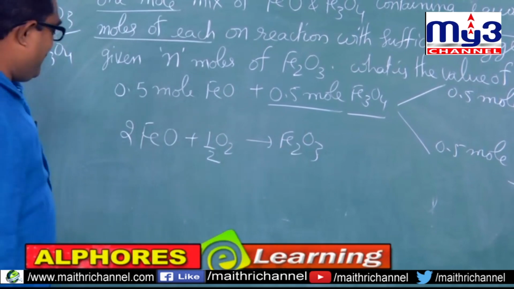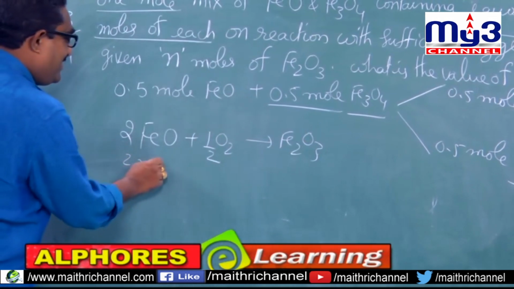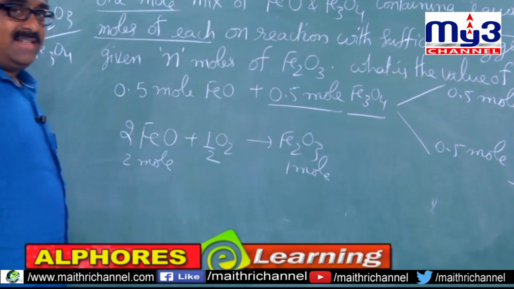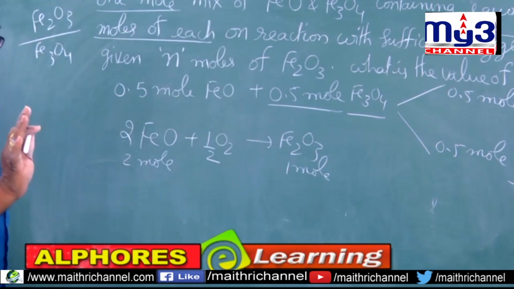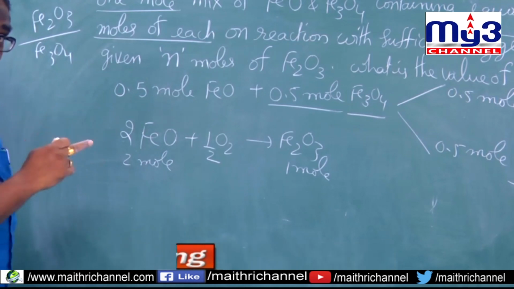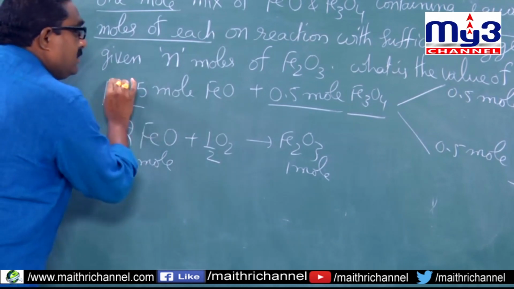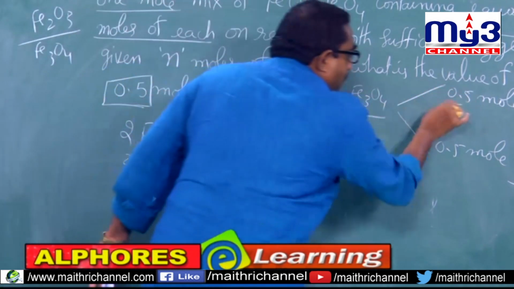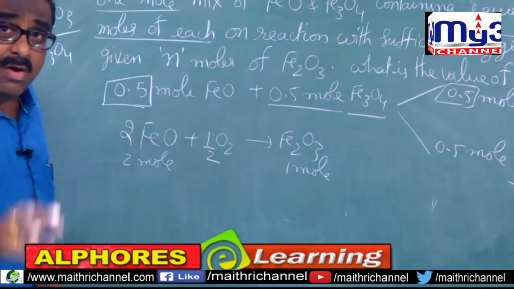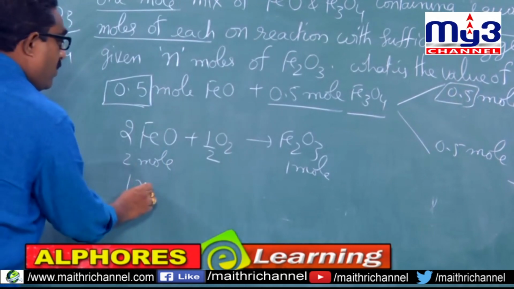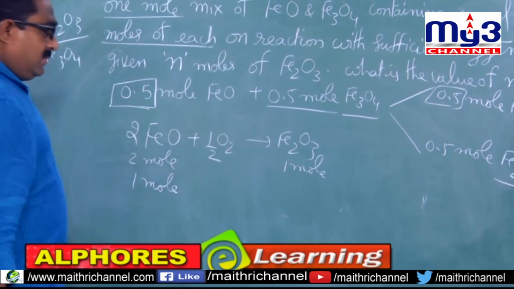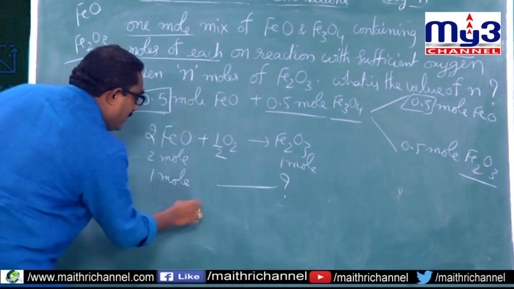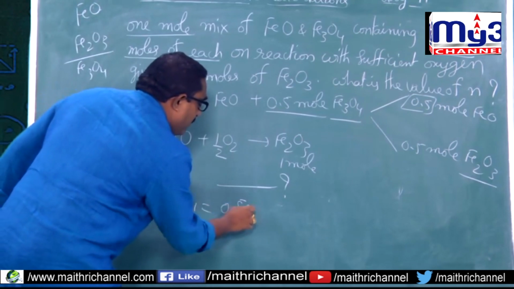Here 2 moles gives 1 mole. But total how many moles of FeO is there in the given data? 0.5 mole here and 0.5 mole here, total 1 mole. Then how many moles will you get? 1 by 2 into 1, that is 0.5 mole